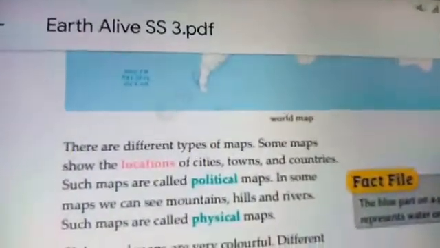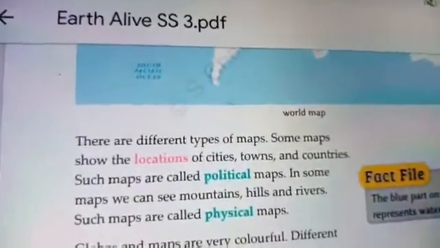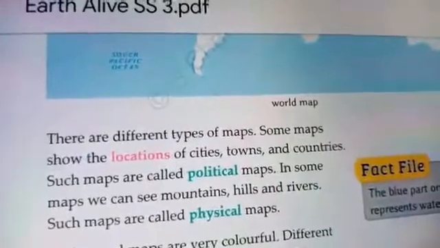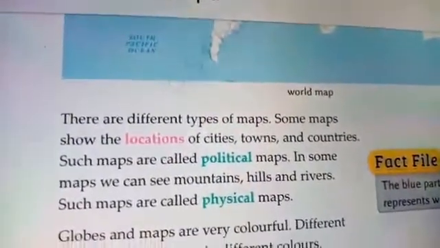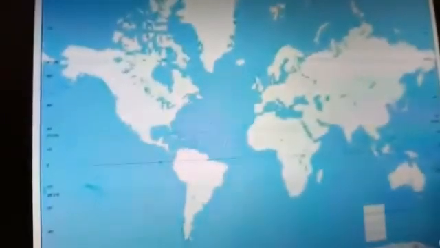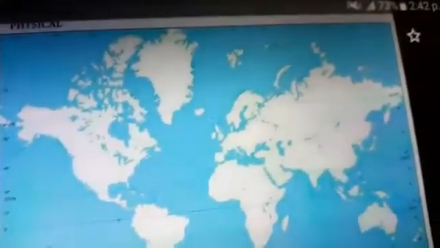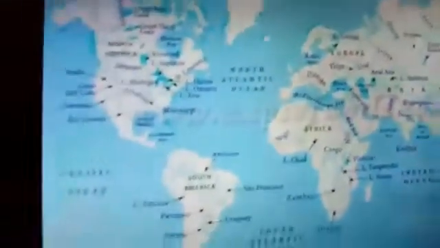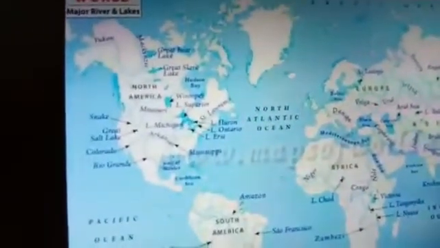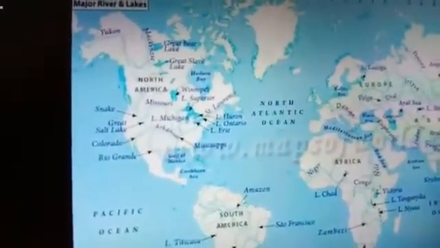Now students, there are other types of maps also which show mountains, hills, rivers. These maps are called physical maps. Let me show you one. See, this is one kind of physical map. It's a world physical map. There is yet another one. This is showing major rivers and lakes of the world. See,